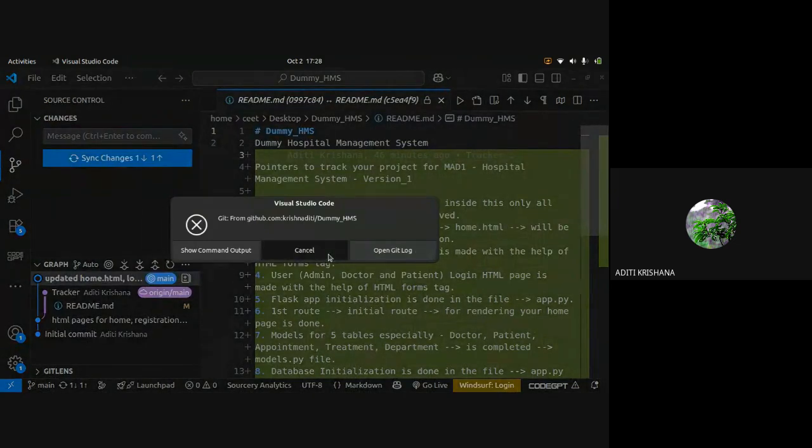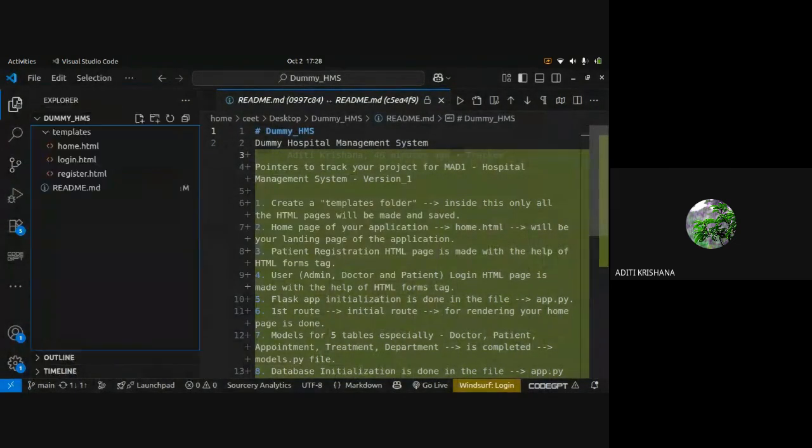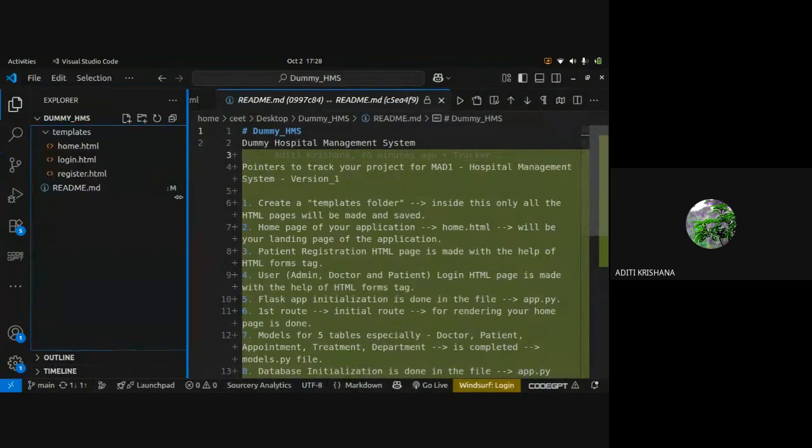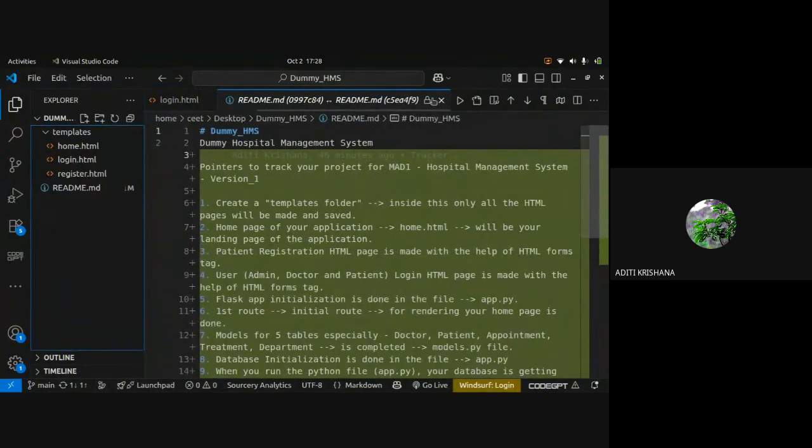This part I will do later because it is taking time. So, what is the error? What is the mistake? It was done by me only.